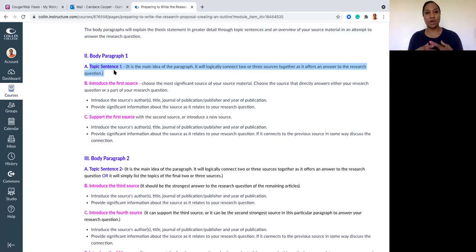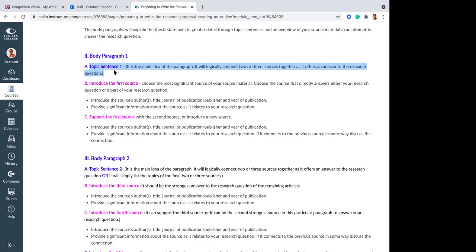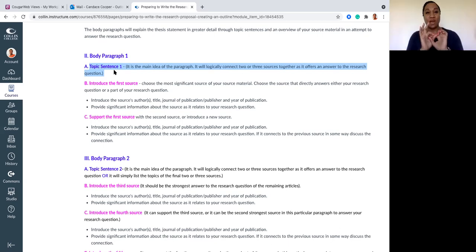All right, so you want to look at the articles you have and you want to see what do these articles have in common, right? So I said 2, but ideally it would be 3. And the reason is because your first paragraph is usually your strongest paragraph. And usually when you write, you want to write in what's called emphatic order. And emphatic order means your strongest idea first to your weakest idea. So if you choose a topic sentence that's broad enough to be able to cover at least 3 articles or